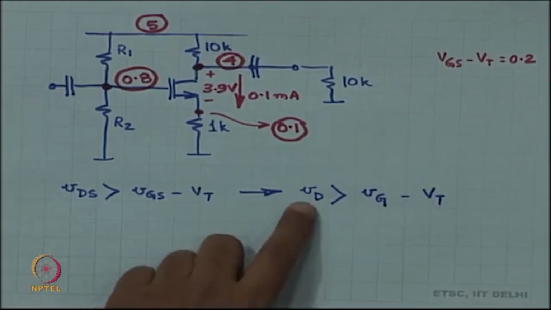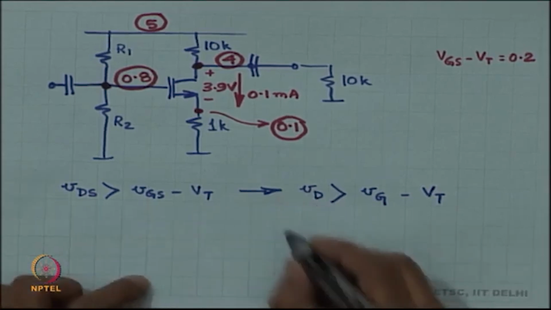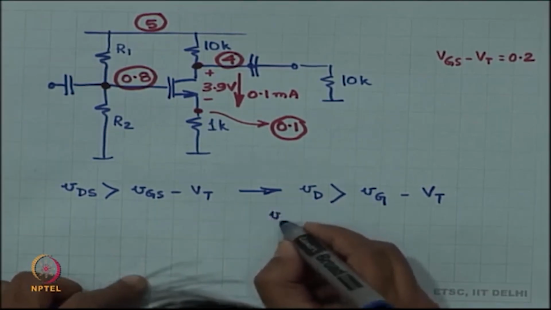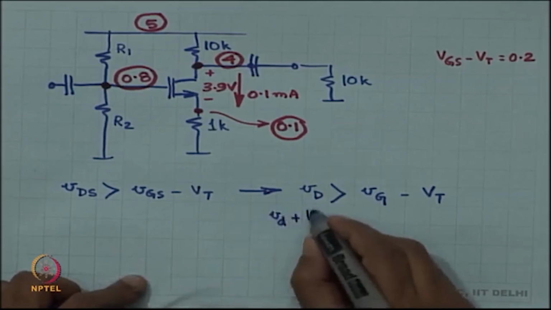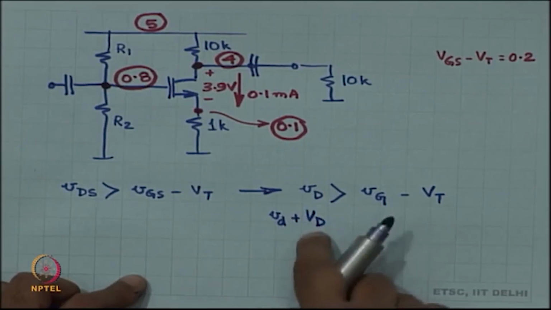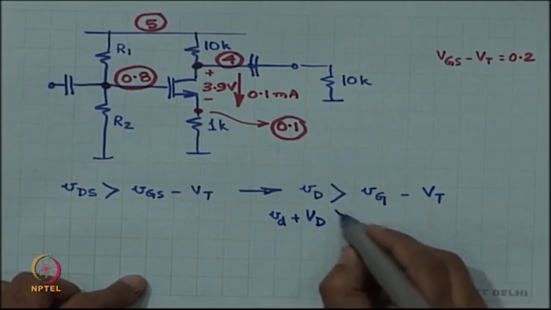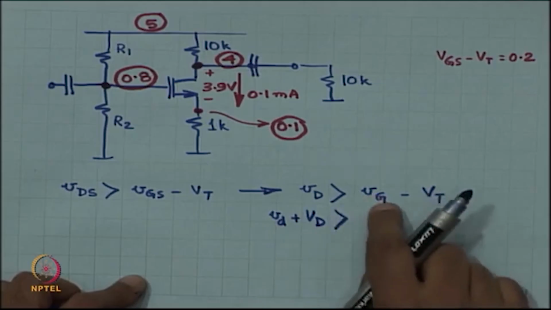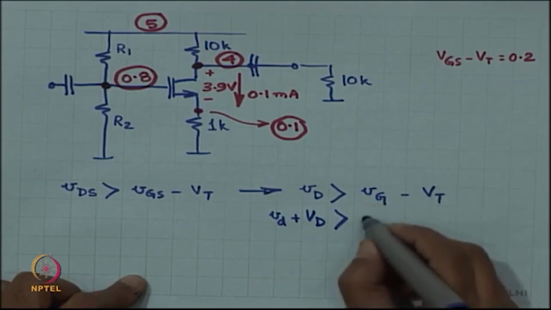But the drain voltage, capital VD plus small vd, capital VD is 4, and capital VG is